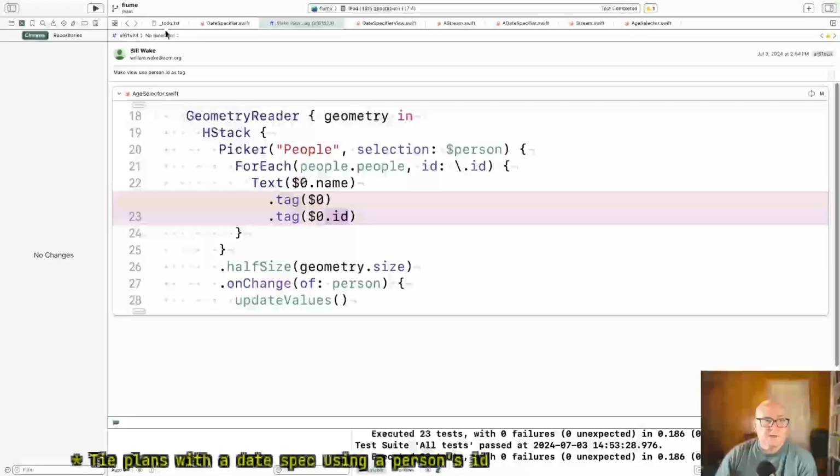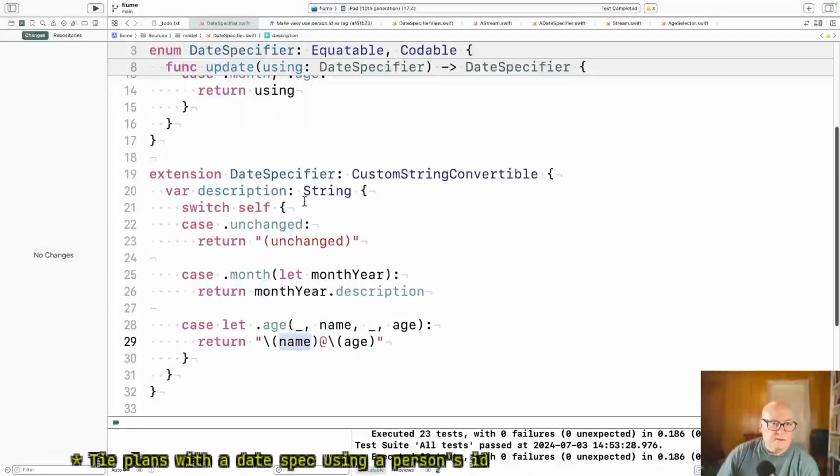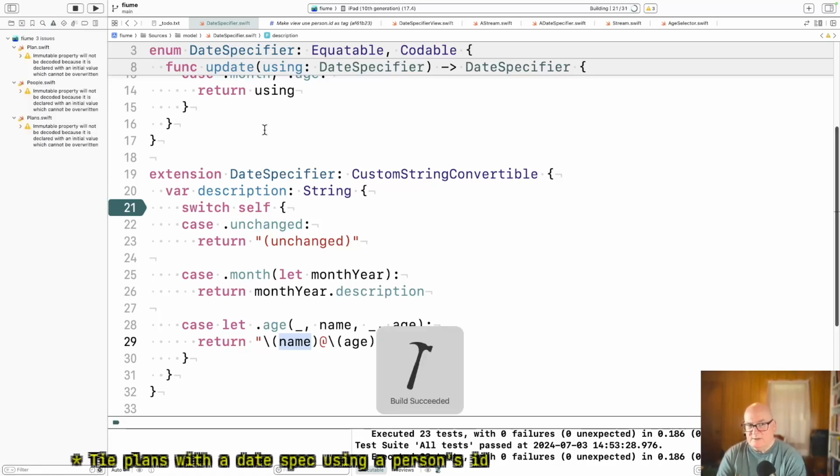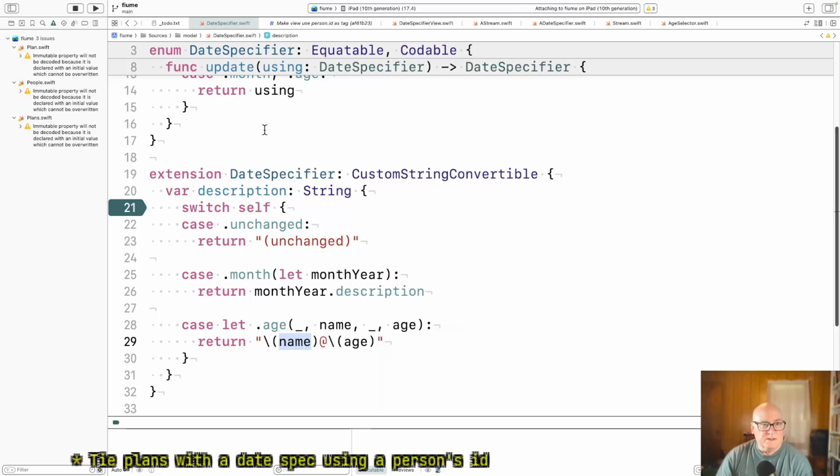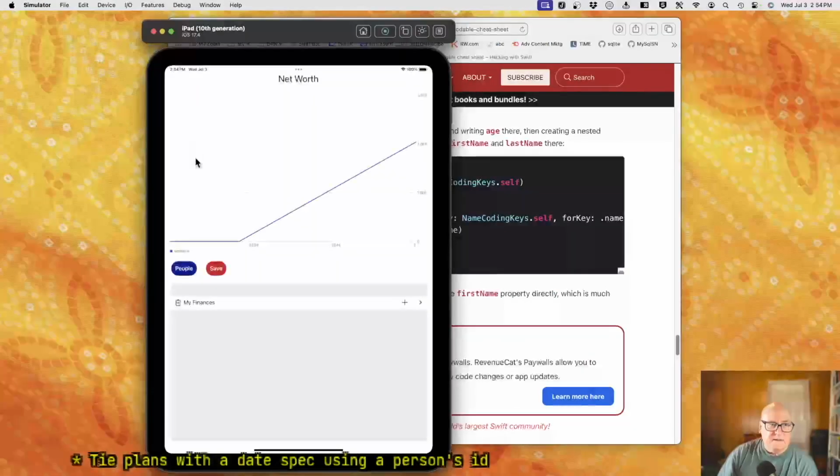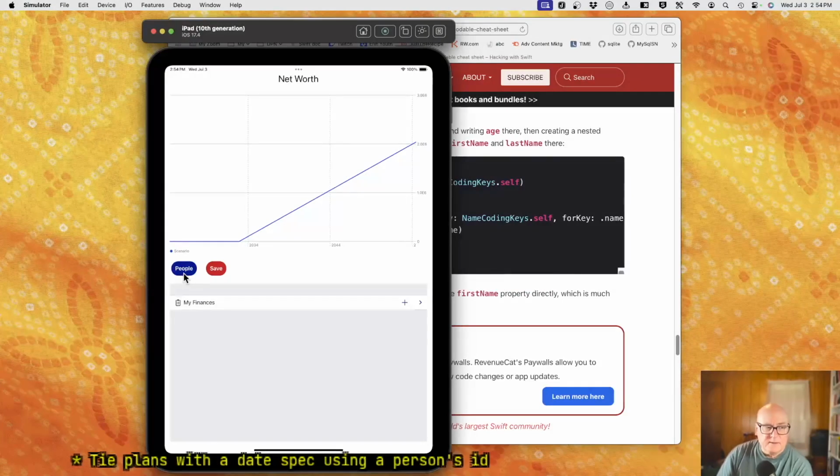Okay, so where's that description? Well, let's break there. We'll run. I'm pretty sure this string description is going to be called. Well, what do I know?